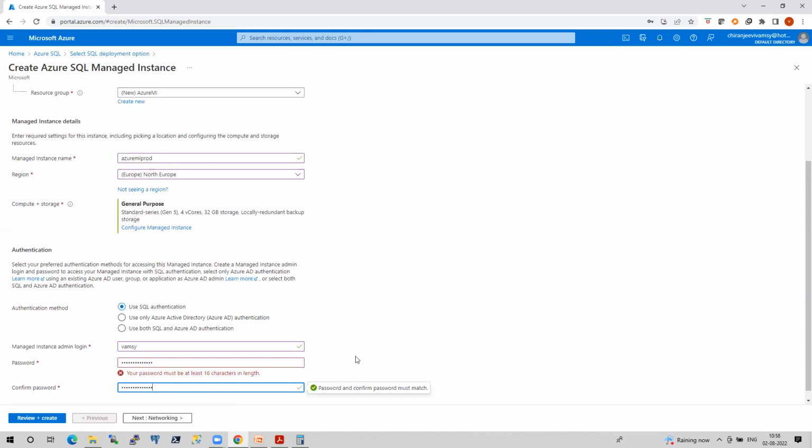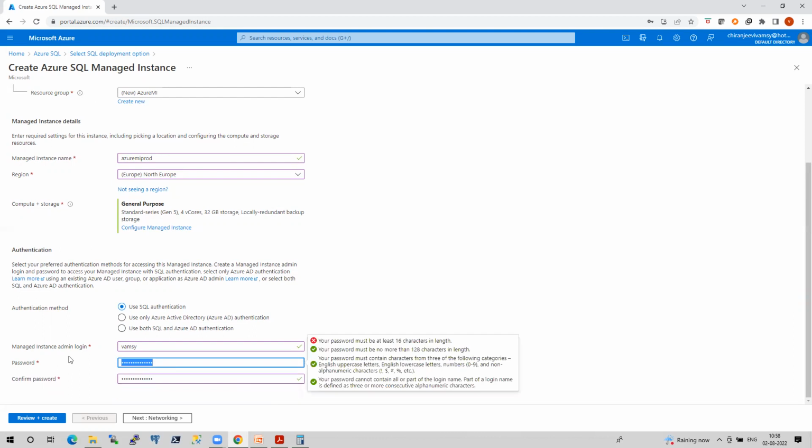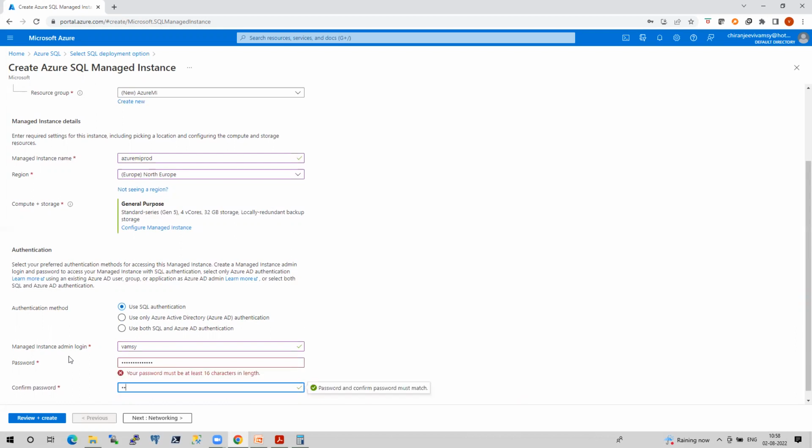Let's see. Okay, still it is not accepting. Is it the same? No. Oh, 14 again. Oh my God. Remember this password.